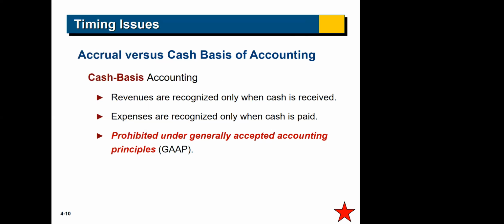And this is actually prohibited by GAAP, by the generally accepted accounting principles. So let's say you have a small company, you're running it out of your house, it gets really popular, you start making a lot of money, you decide you want to go into something else and you want to sell your business. If you've been running it on a cash basis, you're going to have a really hard time selling your business,